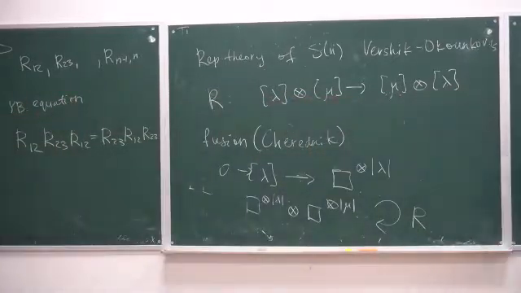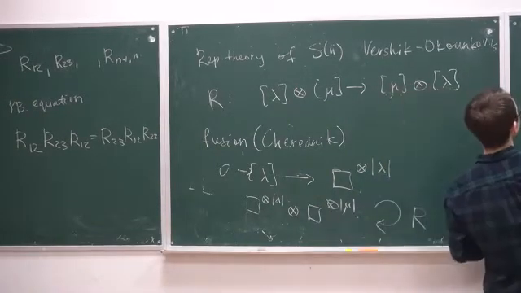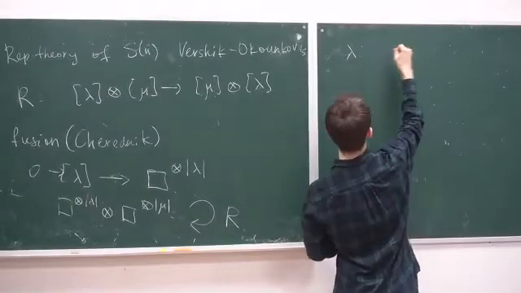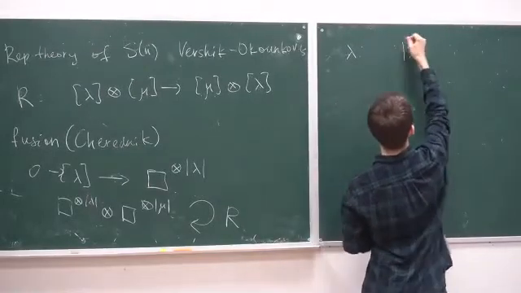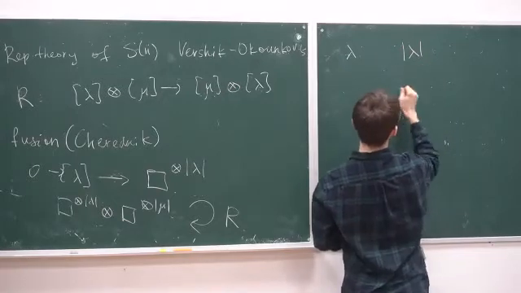And practically, if we want to compute colored HOMFLY polynomials in representation lambda, then we have to replace each strand by a number of parallel strands equal to the number of boxes in lambda. So for example, it will be